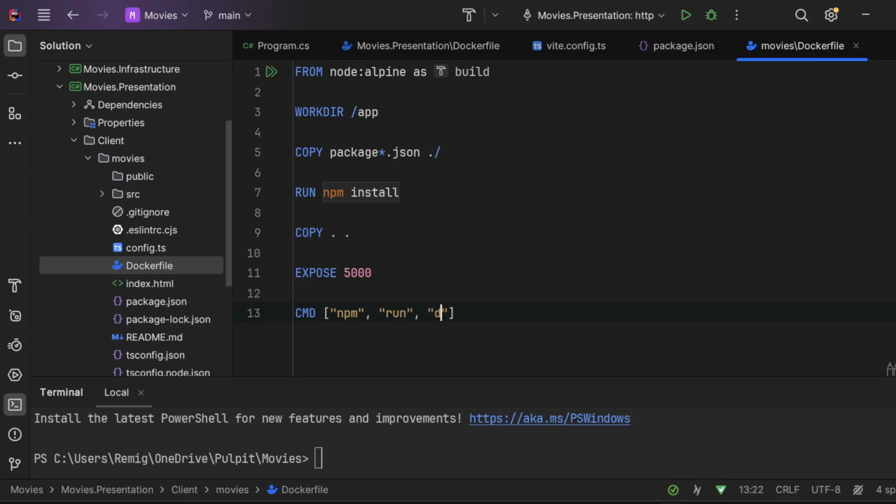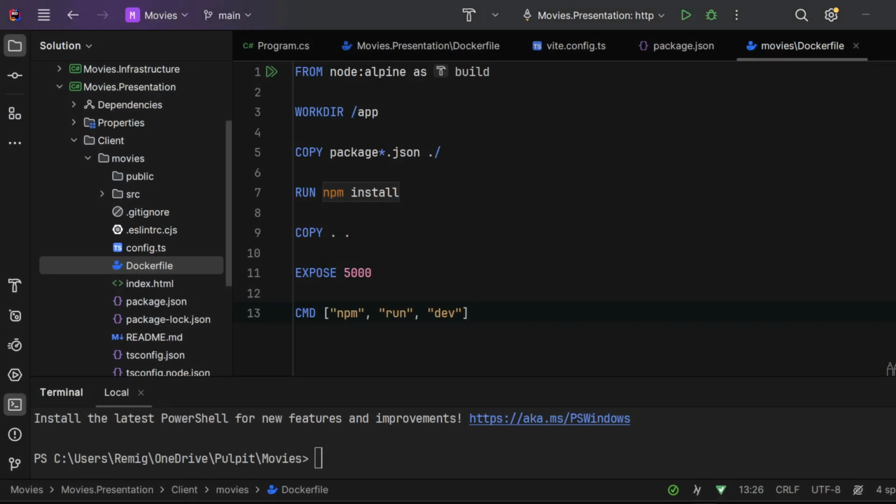Now we'll create the Docker compose file that will contain all the instructions related with the